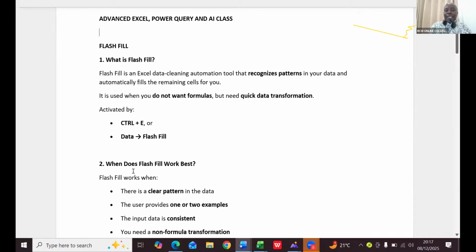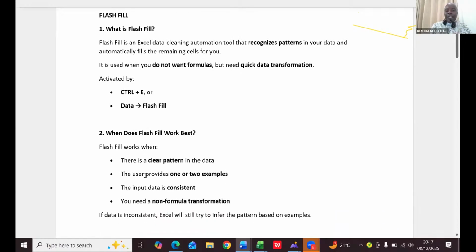When does Flash Fill work best? Flash Fill works best when there is a clear pattern in the data. The user provides one or two examples. The input data is consistent. You need a non-formula transformation. If data is inconsistent, Excel will try to infer the pattern based on